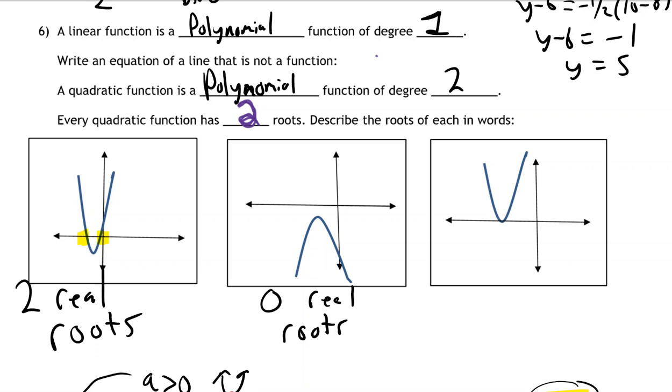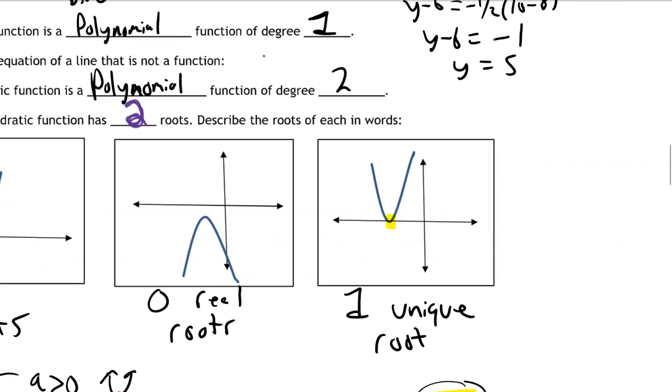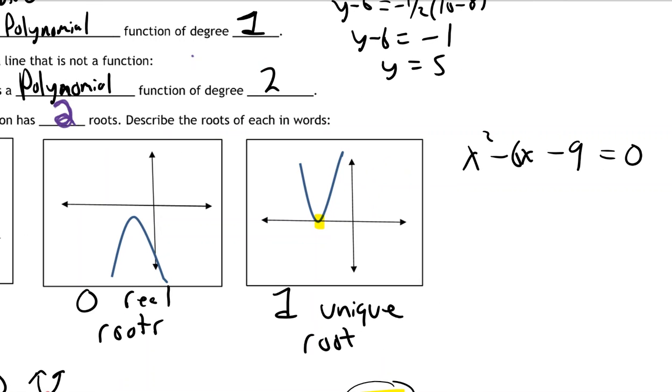And if you have just one x-intercept, you still have 2 roots, but it's just that you have the same root that repeats itself. So you have one unique root. So it's something like this. If you were asked to find the zeros of this, find the x-intercepts, find the roots, and